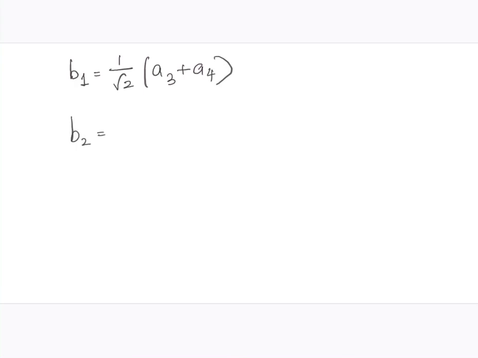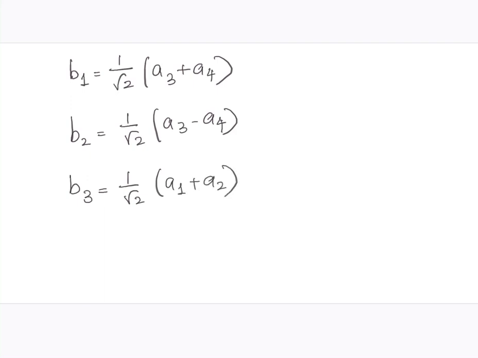B2 is equal to 1 by root 2 into A3 minus A4. B3 is equal to 1 by root 2 into A1 plus A2. B4 is equal to 1 by root 2 into A1 minus